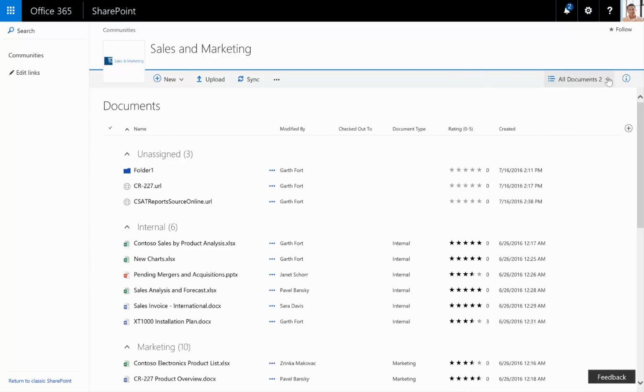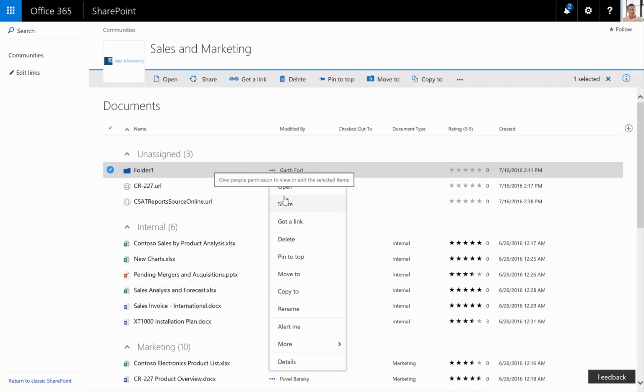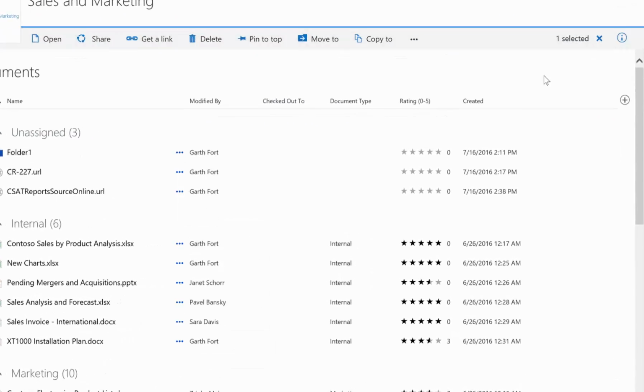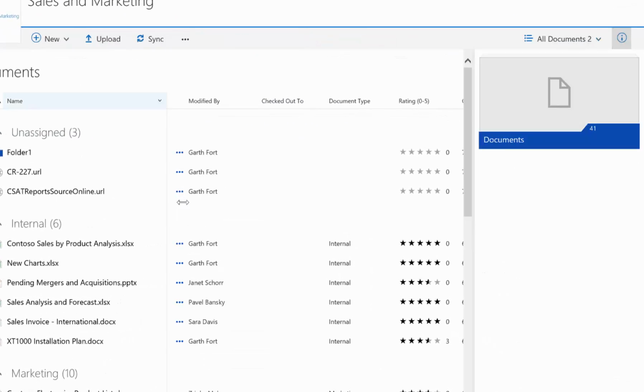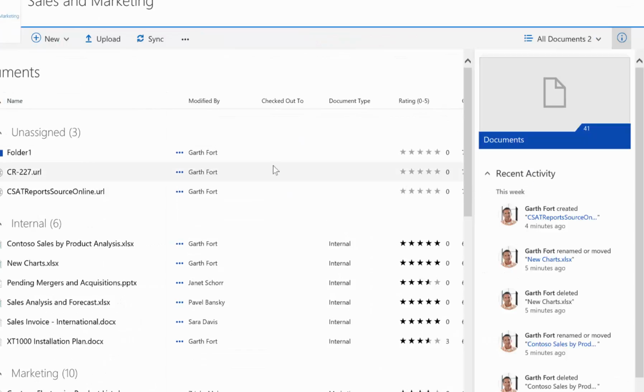Next to our libraries here, we have this little eye icon, and this is what they call the details pane. This is what that hover panel that I mentioned, when you click on the three dots and got the document preview and some other stuff, all moved to this details pane. With nothing checked, it just does it on the library. But if we highlight a file,